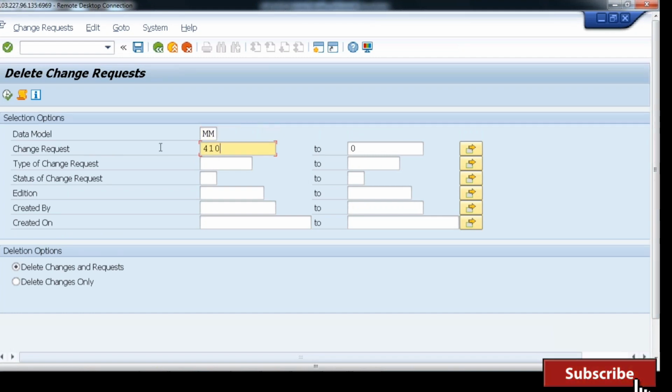And this is the number. So delete the changes and the request, or delete the changes only. That means with respect to this change request. First of all, you have to understand when we will really go for the change request delete. What happens sometimes is that a request is submitted, it goes to the next level, or let's say the next level approves, then we go to the next level. But during that procedure, sometimes what happens is